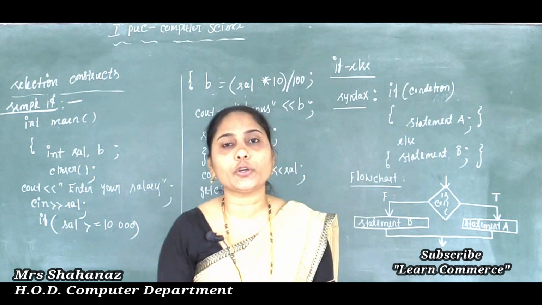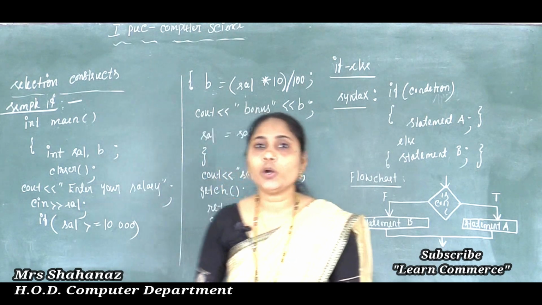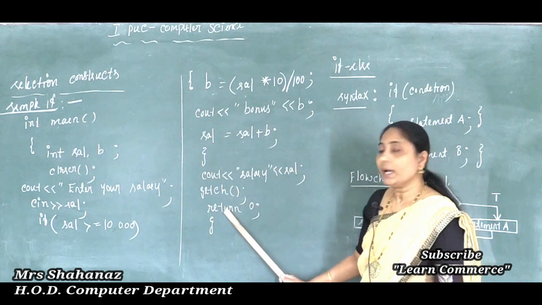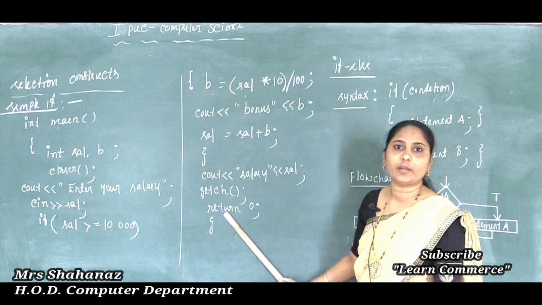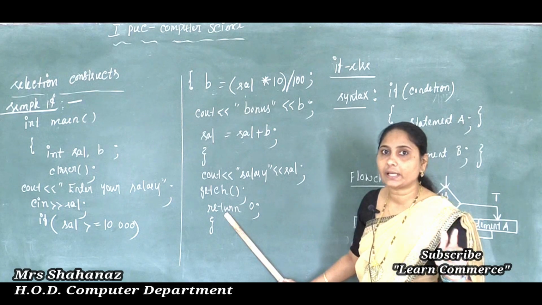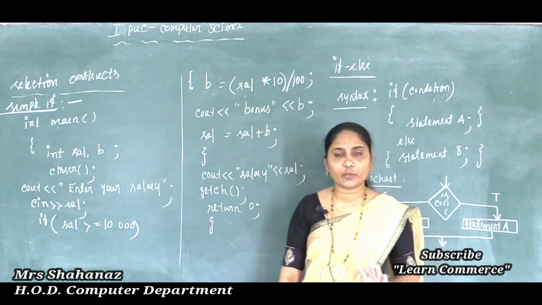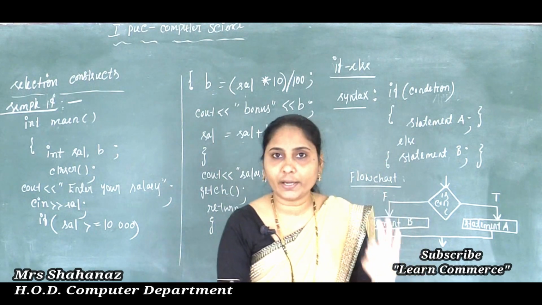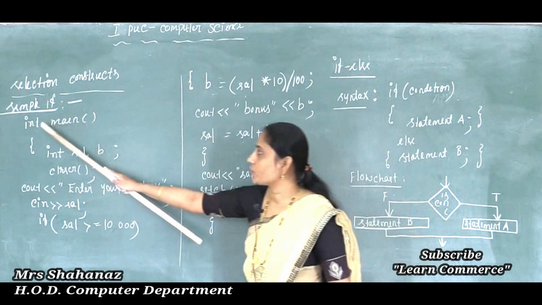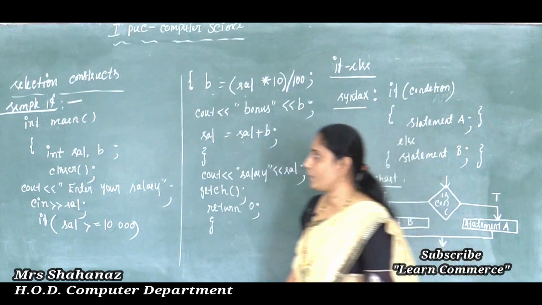Sometimes we use the main function as void main and sometimes as int main. So we should remember, if we are using int main here, then we need to use return 0. It is going to return some value from one function to another function. Clear this point? It returns the value to the function if you are using int main. But if you are using void main, then it will not return a value. Clear this point here? So because of int main, after getch, I completed the word return 0. Now let's move on.